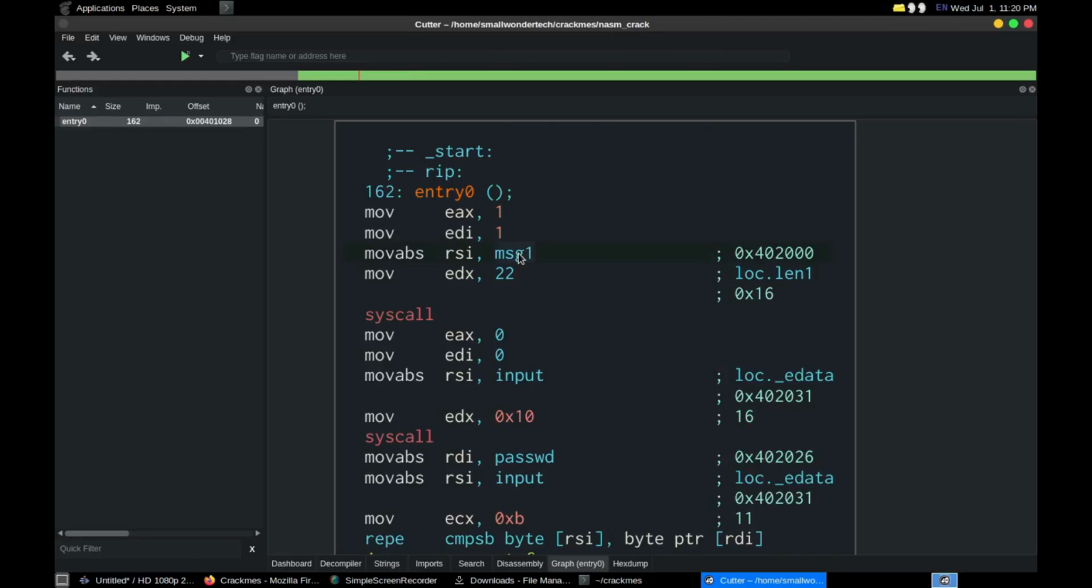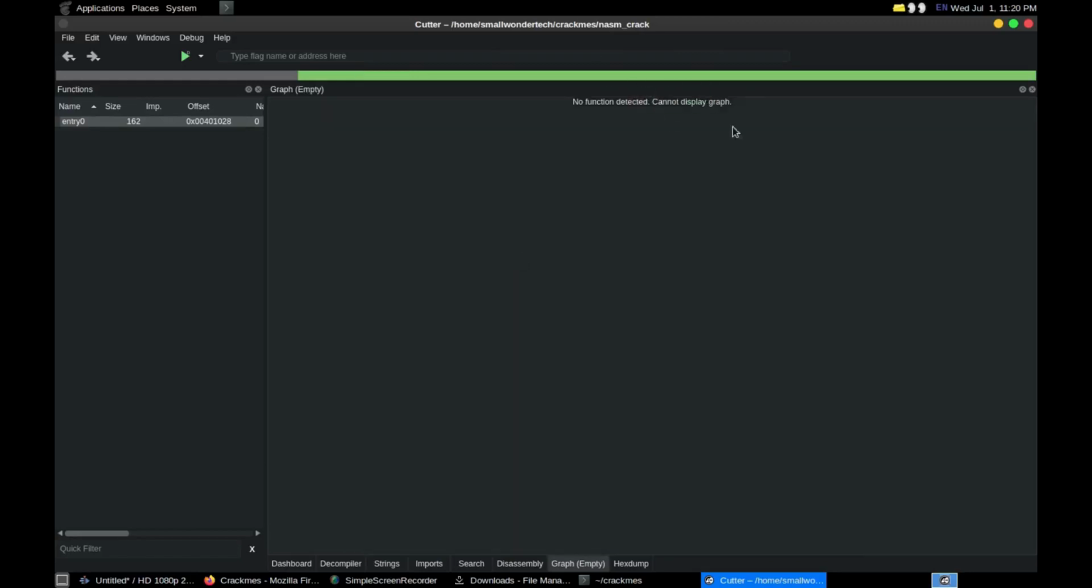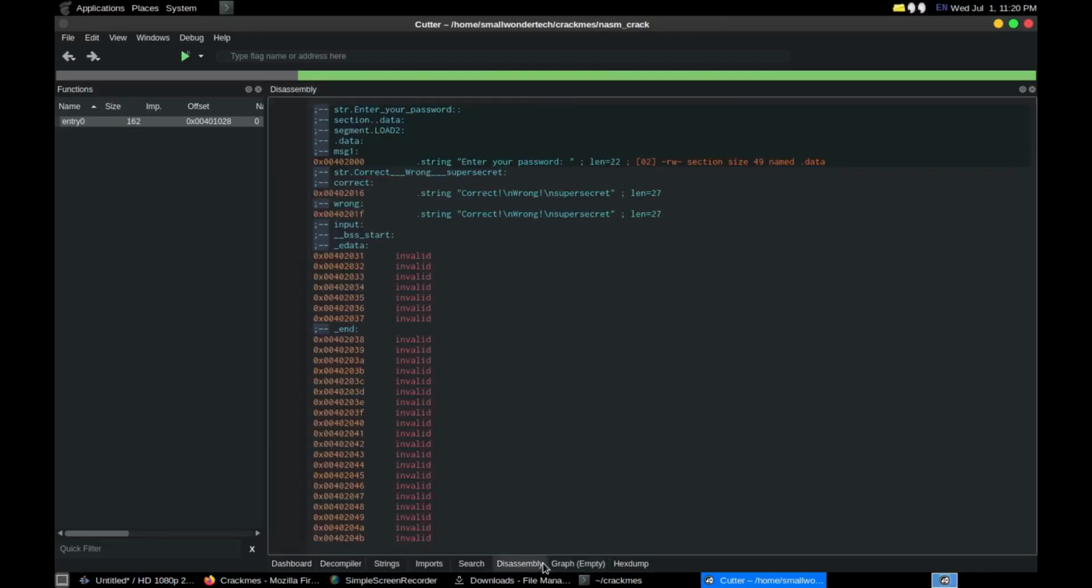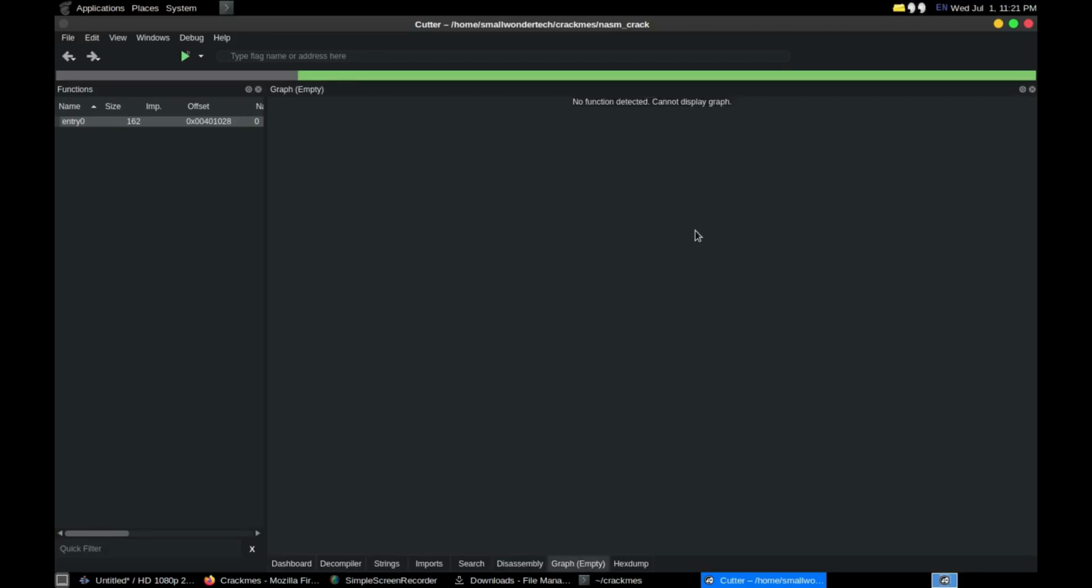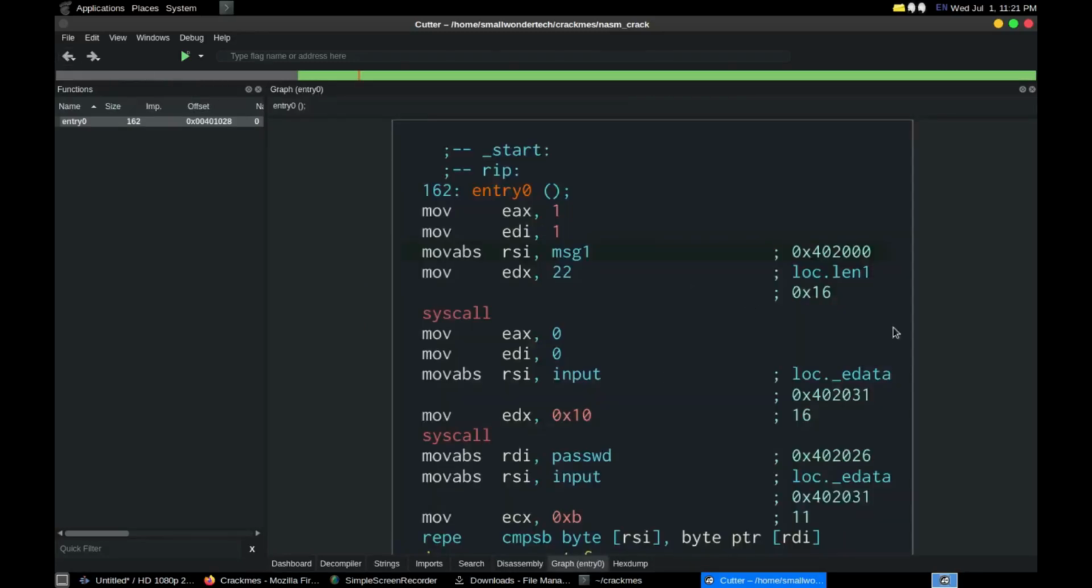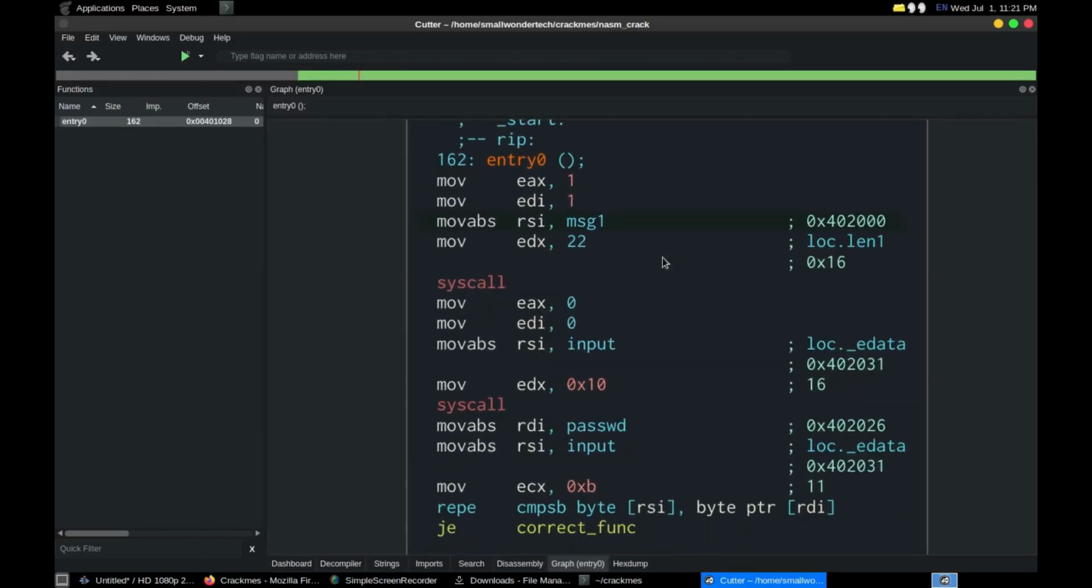You can double click on this. Let's see what happens. As you can see, it says no function detected. We should go back to the disassembly view and you can see what happens here. This is where it says, enter your password. So this is what it's trying to print out to the screen the first time. So we're gonna go back to the graph view. I'm gonna go back one. Let's do that from here. Yeah, there we go. So as you can see, it's simply printing out here, enter your password,